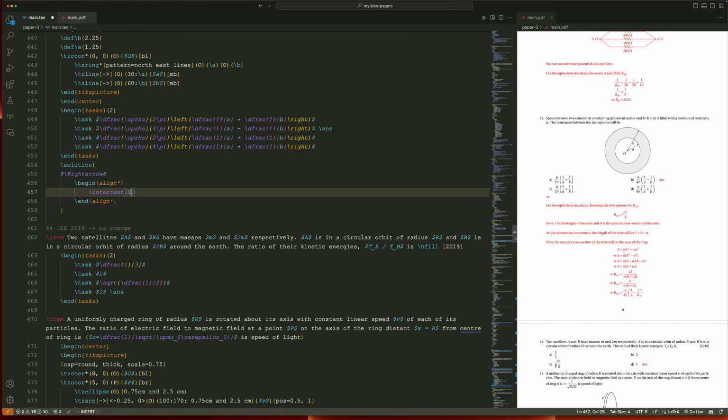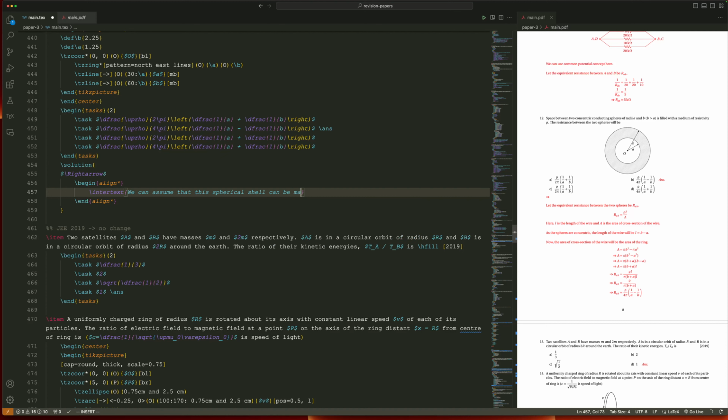So we can assume that the concentric sphere, that this spherical